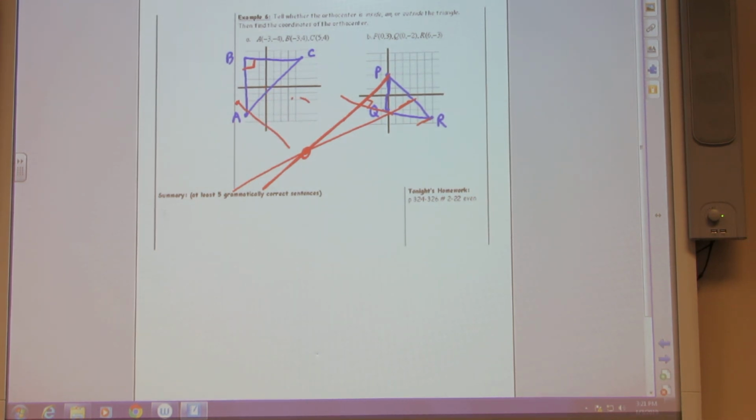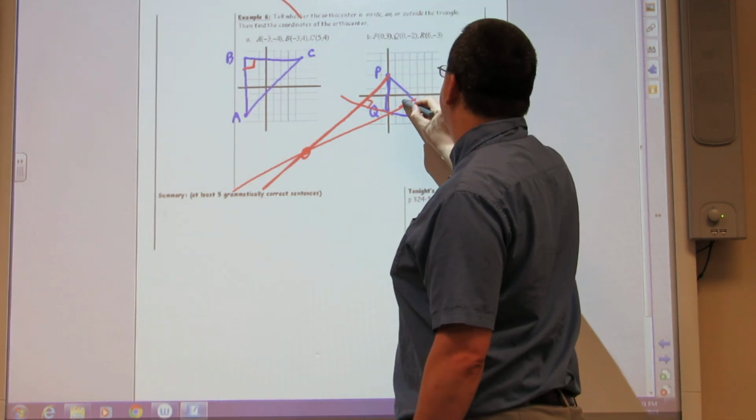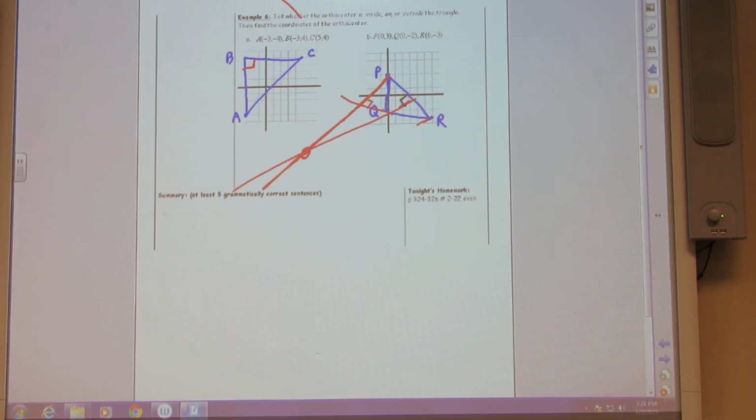And some of the 90s will be easy, some of them will not. I would want to see that you're looking at the concept. So I want to see that you know this should be 90. So marking that and showing me that you're saying that is 90 is what I am looking for in what we're doing in this class, if I'm asking you to draw